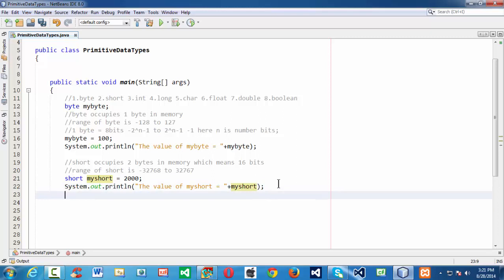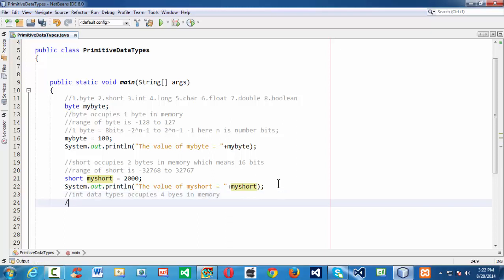next we have the integer here. The int data type occupies 4 bytes in memory. So 4 bytes means we have to expect a wider range here. The range of integer,